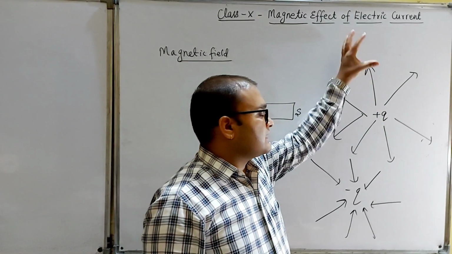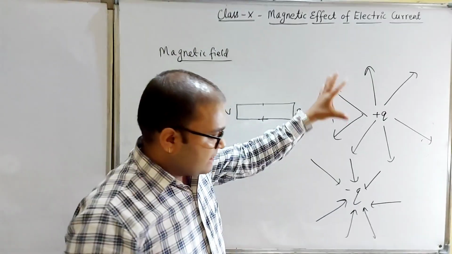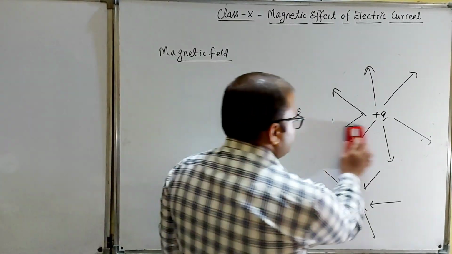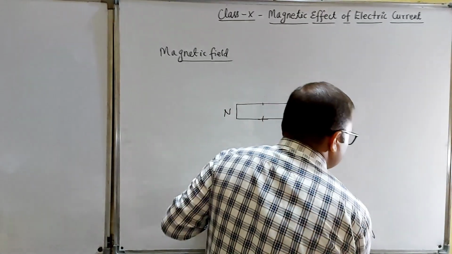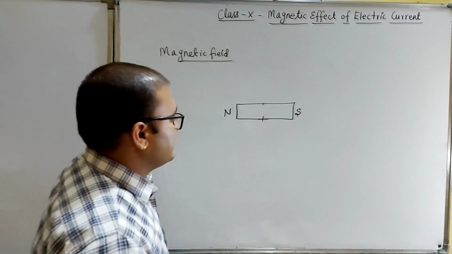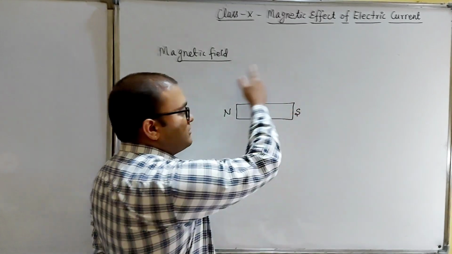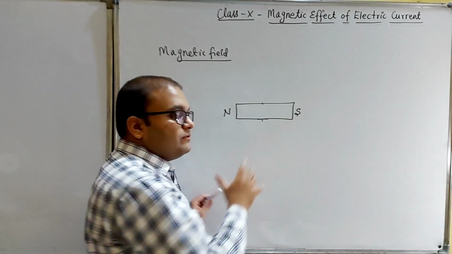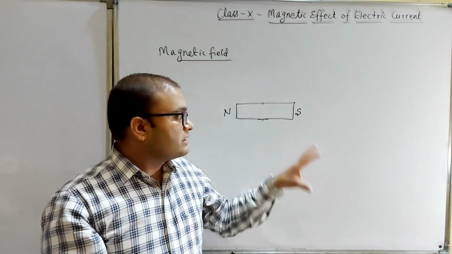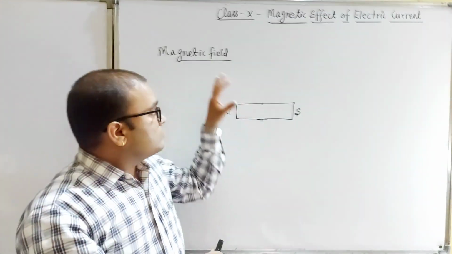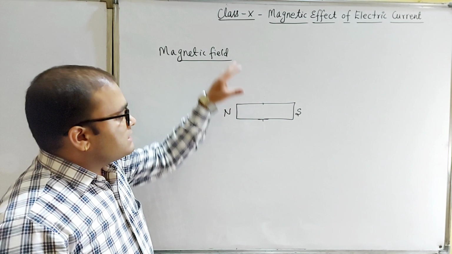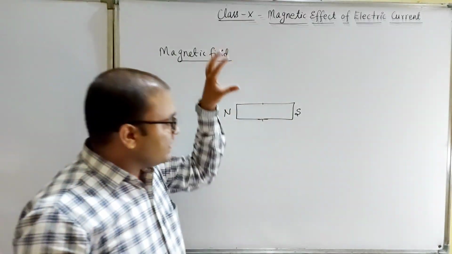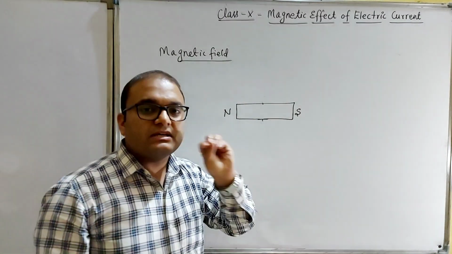And electric field lines, electric field is away from the positive charge and electric field is towards the negative charge. So in the same case, there is a magnetic field surrounding a magnet. If we have a magnet, suppose this is a bar magnet, then there will be a magnetic field around this magnet in which the magnetic force is exerted by this magnet. We can define the magnetic field as the space surrounding a magnet in which the magnetic force is exerted.